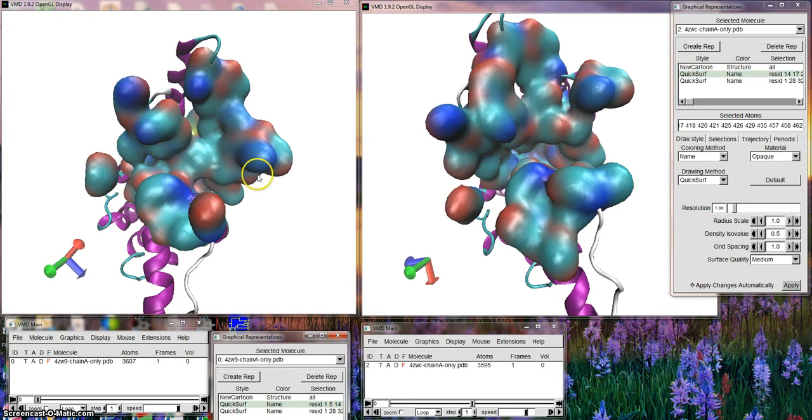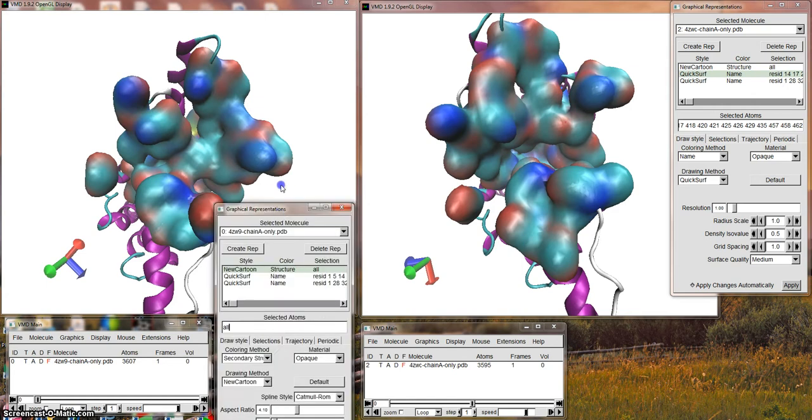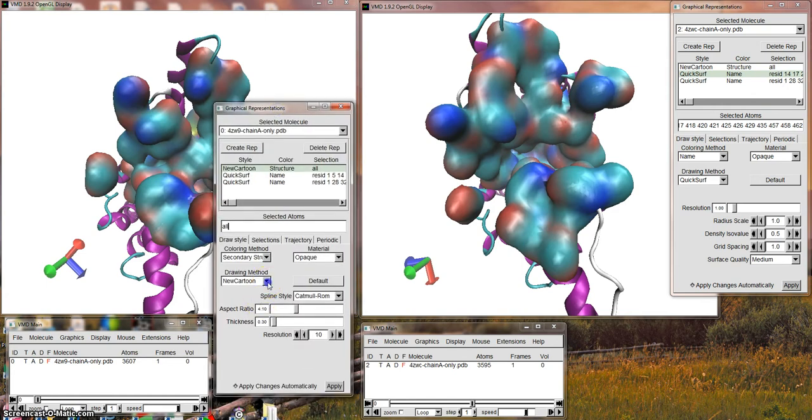Okay, so these are just the pore lining residues for each of these. I think we can see we have an open outward and an open occluded in the appearances there. Now if we come and we do the entire molecule in quick surface,